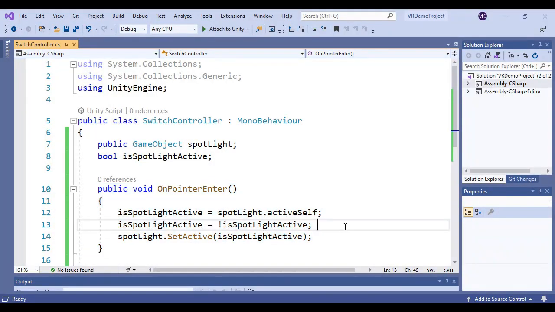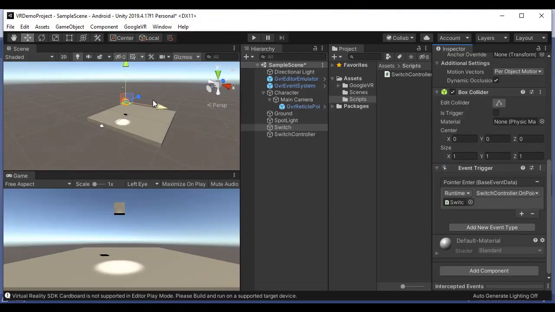So if the spotlight is active, it makes it inactive. If it is inactive, it makes it active. So whenever the pointer enters the switch game object, the OnPointerEnter function will be called and executed, guys.